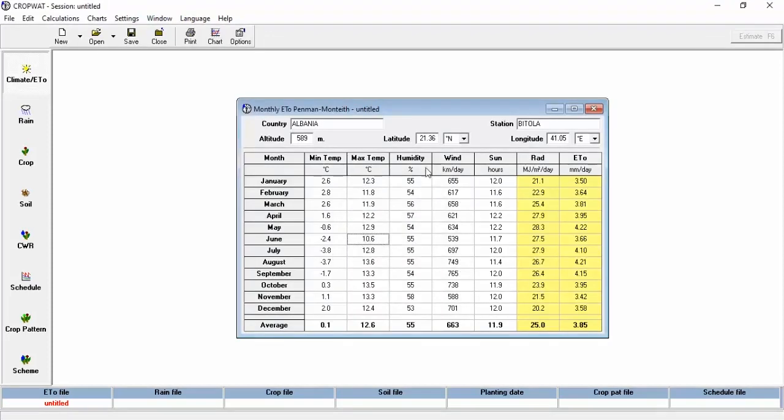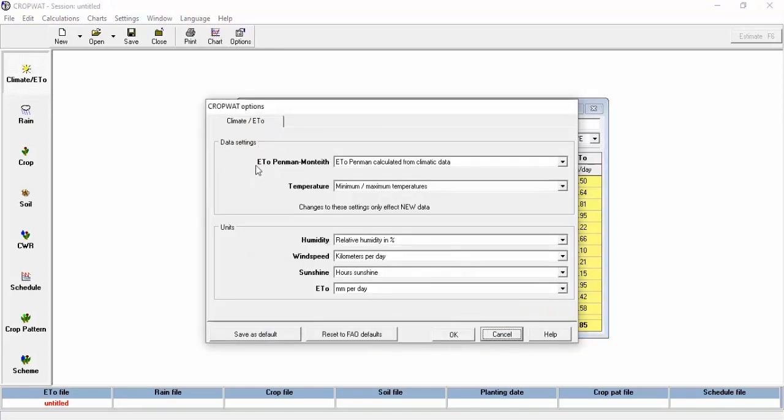So we can fill this input parameter, and the model software calculates the solar radiation and the ETo by using this option, by using the ETo Penman-Monteith equation, by using climate data, this climate data. ETo Penman can be calculated from temperature data only. If you have the temperature data, you can calculate the ETo by using temperature data only. The second